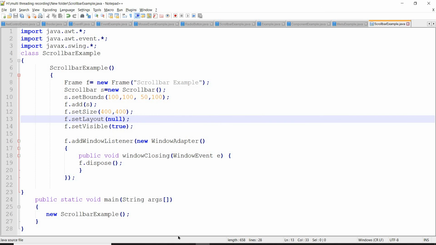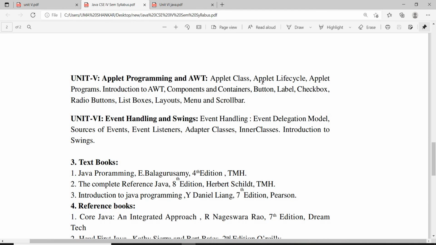Okay. These are most of the elements that we are commonly using in the AWT. Okay, buttons, labels, checkboxes, list boxes, menu, and scroll bar. Okay, in the next we will discuss about the layouts, and then we will move on to swings and event handling. Till now, what are the components or frames we have seen? They are just static.